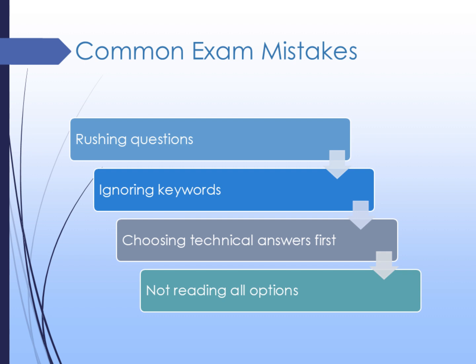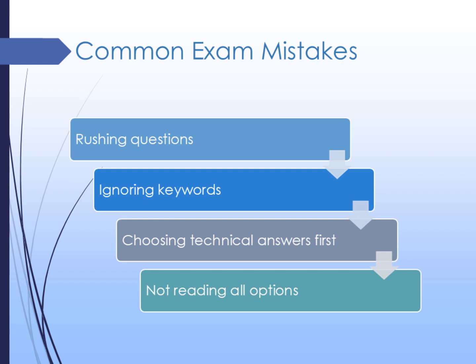For example, first usually relates to sequence or immediate priority. Best usually means the most effective overall option. Primary focuses on the main cause or objective. Most likely focuses on probability and risk judgment. If you miss those keywords, you may select an answer that is technically correct, but not the correct answer for